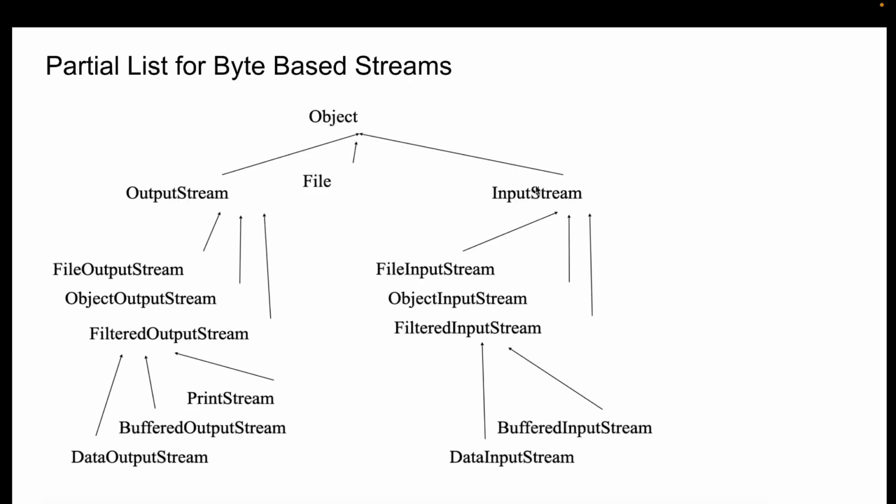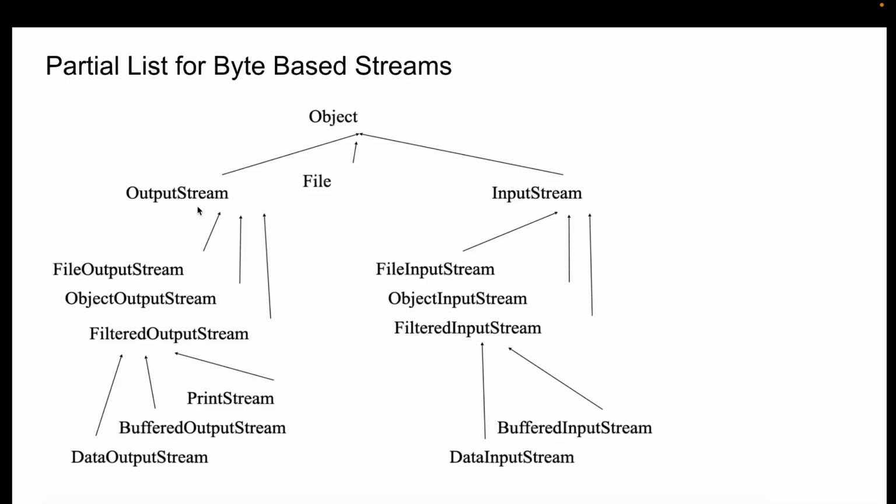So output stream and input stream, all these classes will basically extend from this Object class. And in output stream and input stream, we are talking about byte based streams. If you want to perform operations like reading an image, for example, what are the ways in which we can perform that? So we have output stream and input stream,